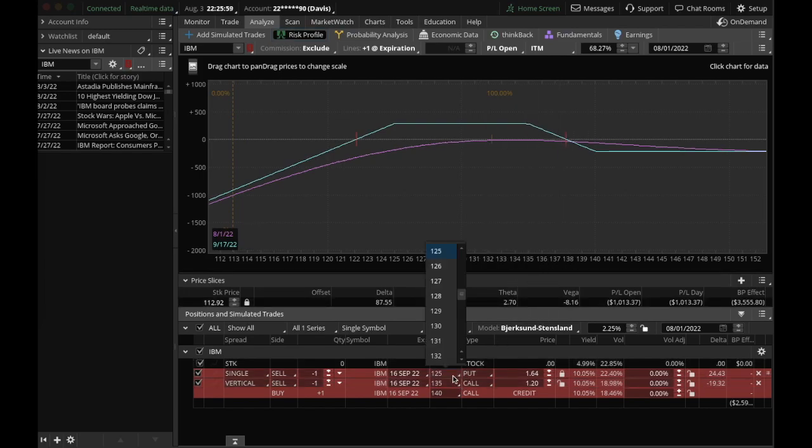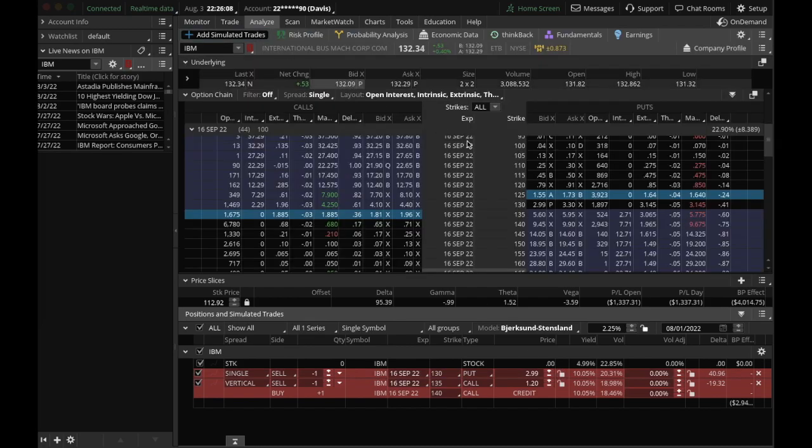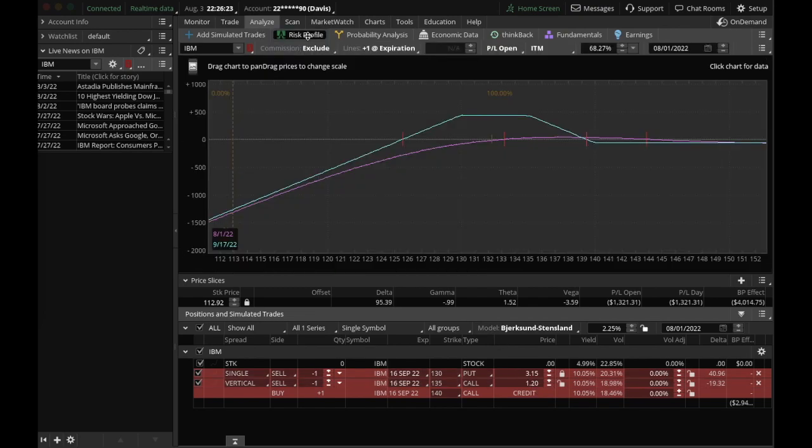So in this case, you may have to just sell a higher strike price for your cash secured put. So if you sell the 130, let's see what kind of credit you can get. Let's take a look at our option chain down here. So the mark price is about, let's say we round it up to 3.15, right? So you can see 3.15 is still not nearly enough, right? You get $4.30 something cents. So in this case, you can see we still get a loss of about $65 past our long strike price